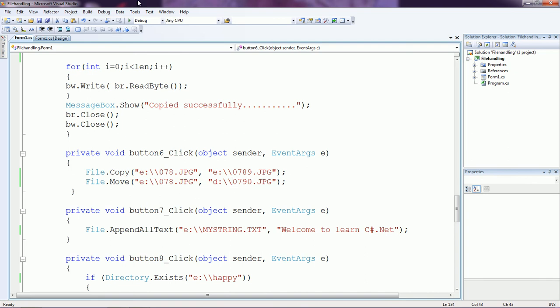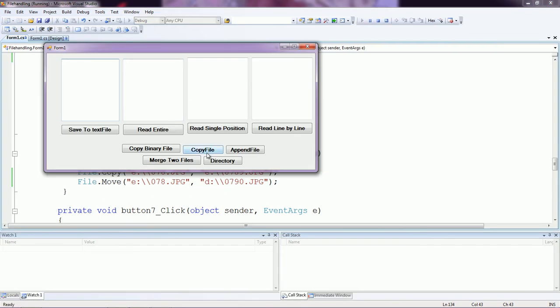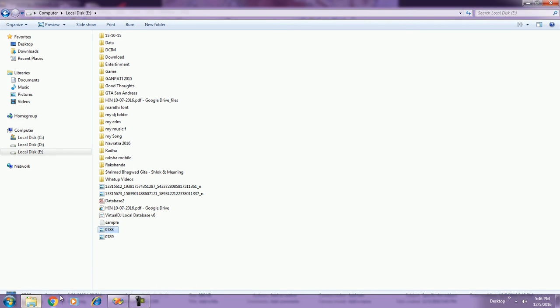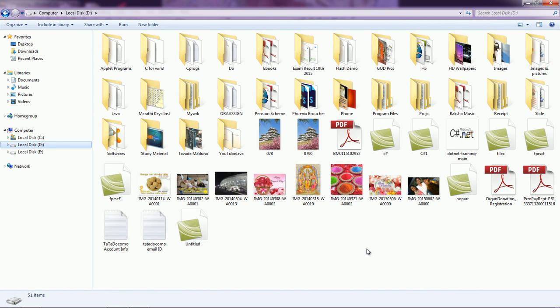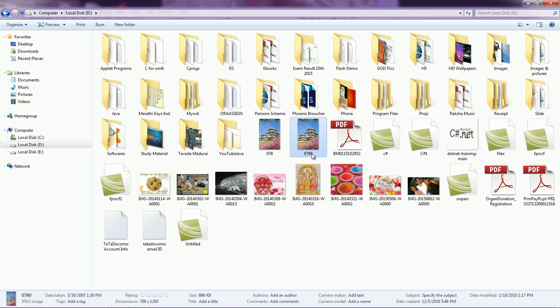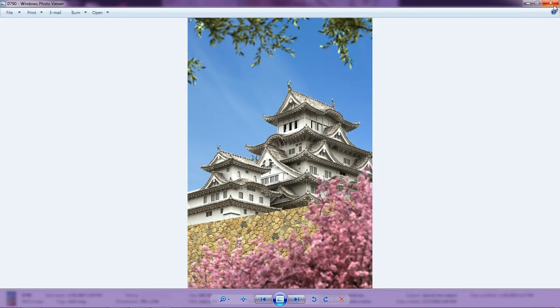Okay, let us see. Here the copy is performed. Now let us see on the D drive. Here the file is moved. Okay.